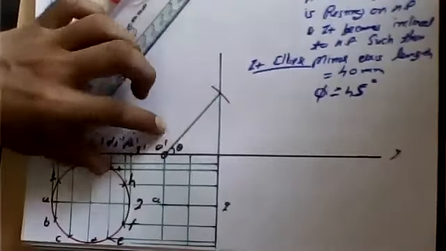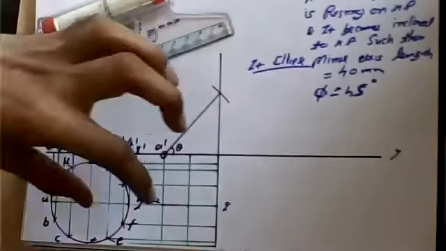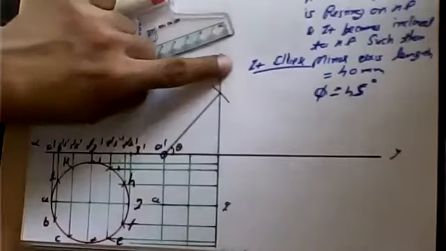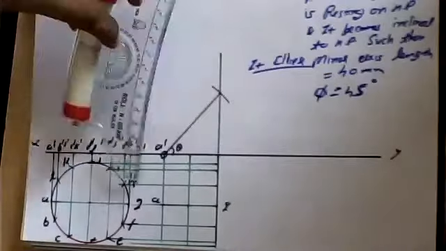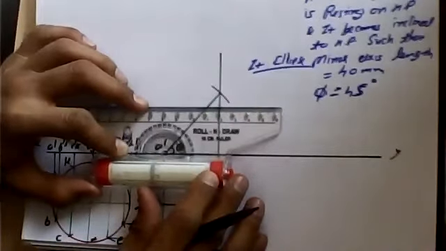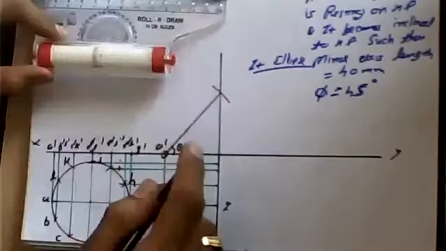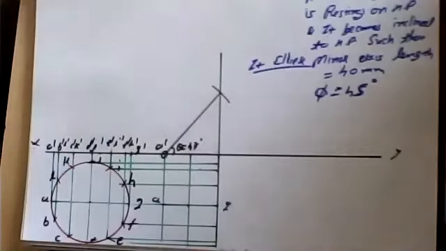How have we found that inclination? By transferring the length projection over here. How have we found it? We had kept AG as 40 mm, we had extended G, and we had transferred the length in the view, and we have found that theta. How much is theta? Let me measure it. That theta is about 45 degrees, between 45 to 50, so we can consider 47 degrees right now. So it is about 47 degrees.